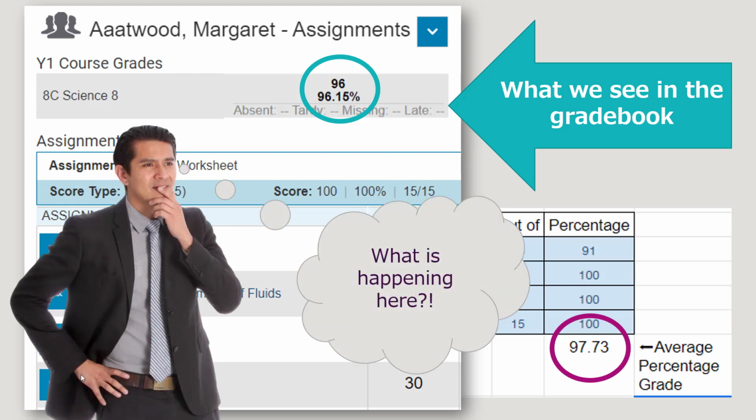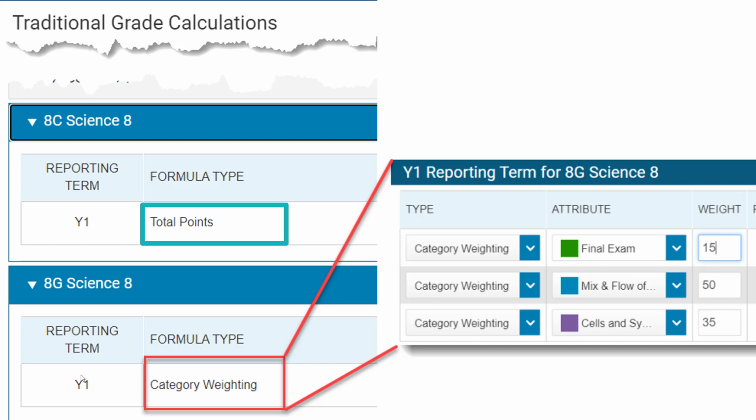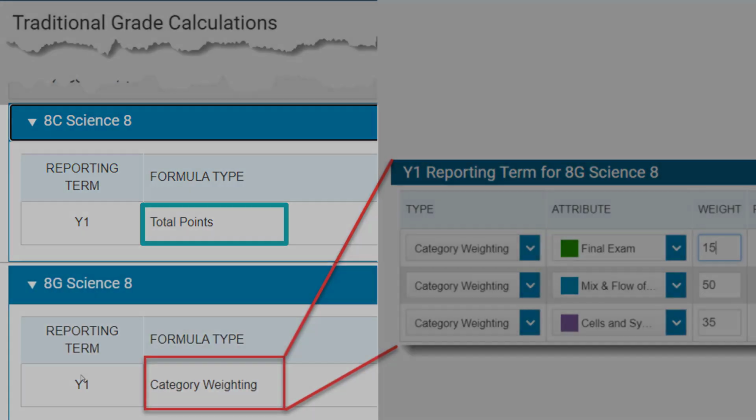What's going on here? Most gradebook programs offer teachers a few options for calculating a traditional grade. A traditional grade is expressed as a percentage, and why this type of grade is called traditional is a matter for another time and another video, but for now let's focus on how those calculations are made. If you're like most teachers, student overall grades in your class have been calculated either by total points or category